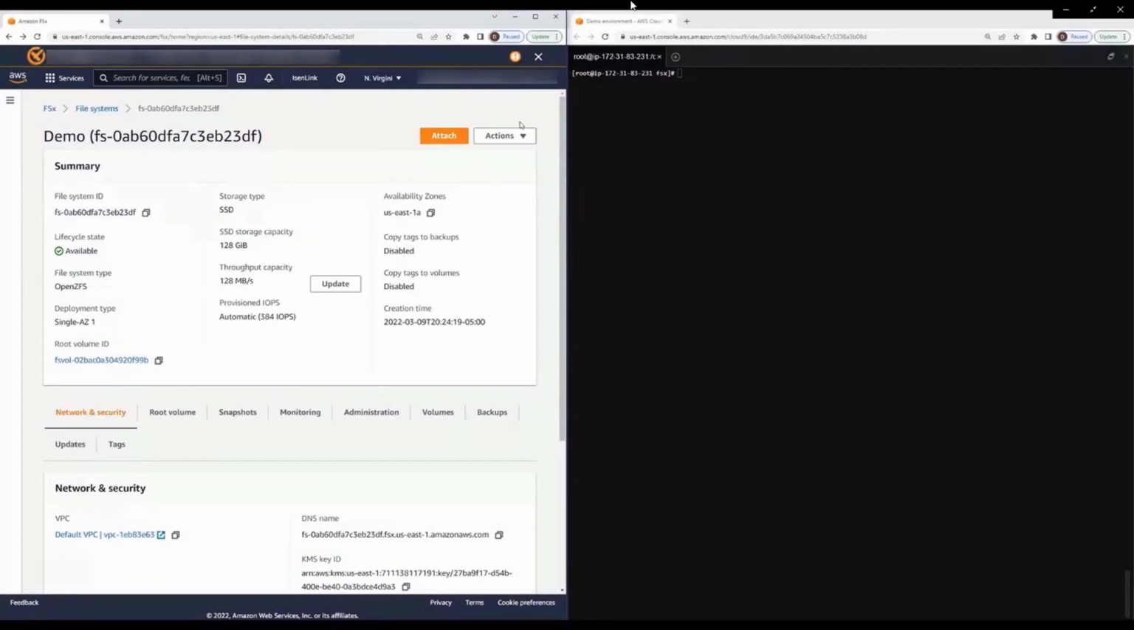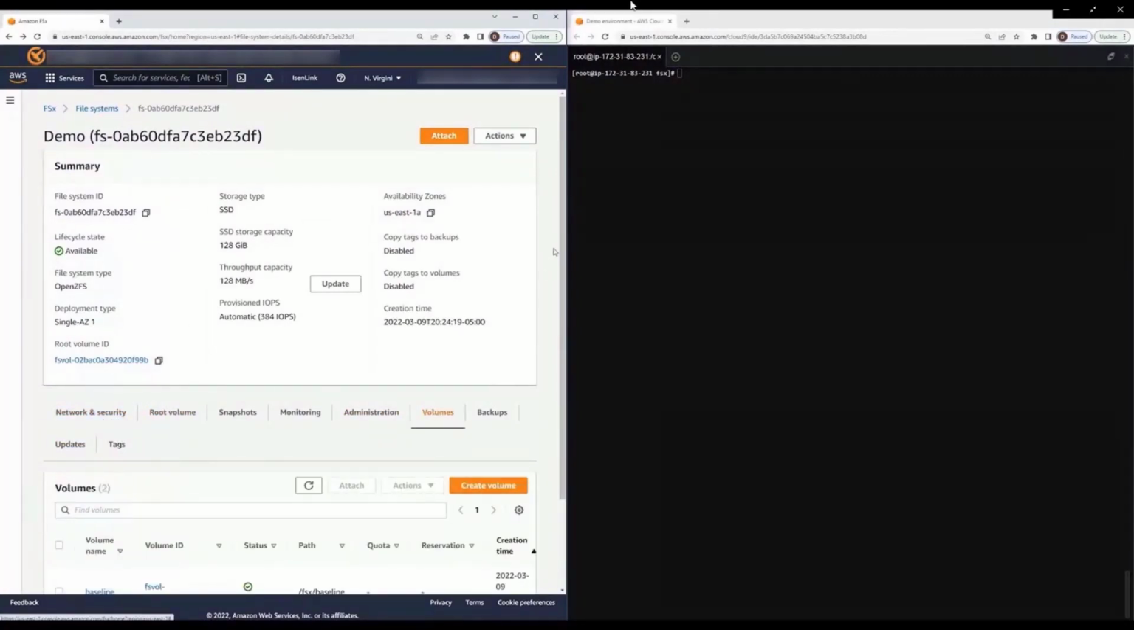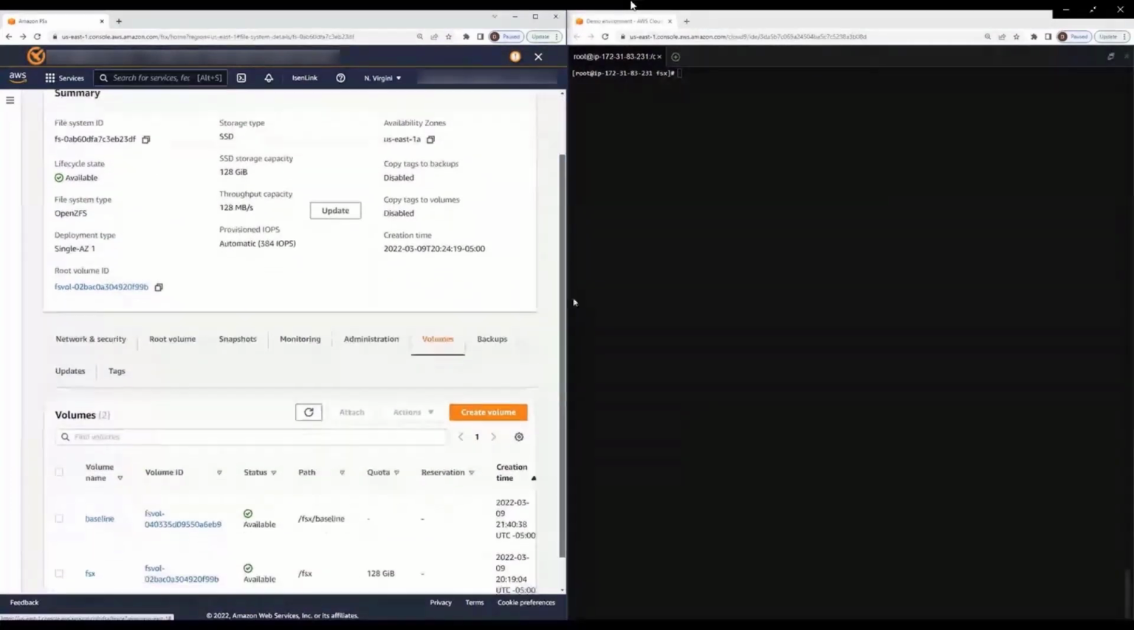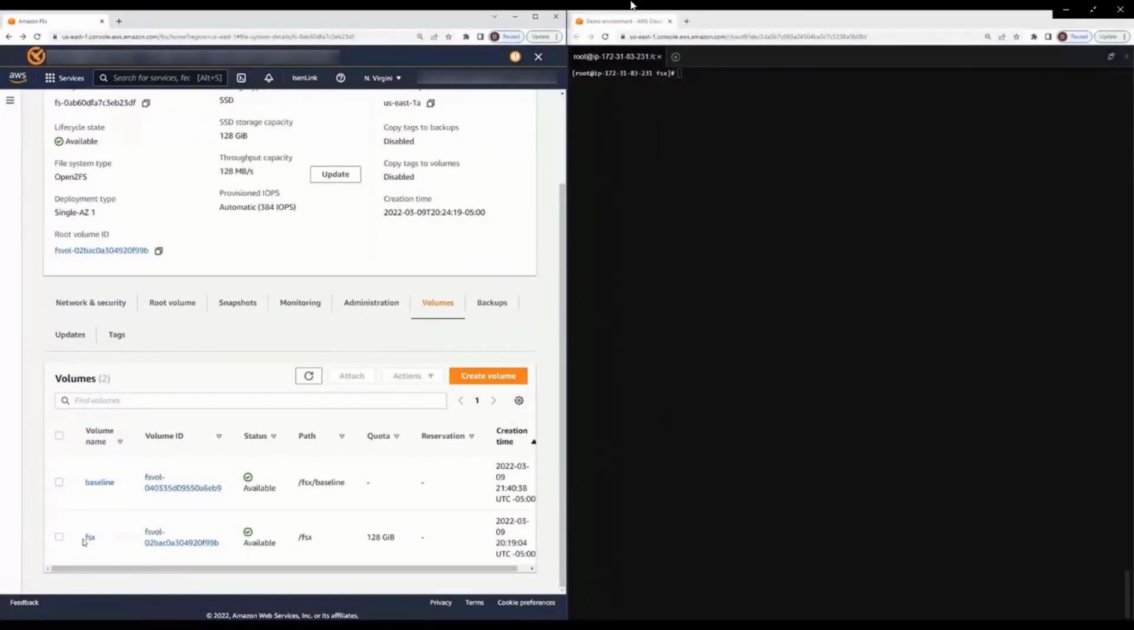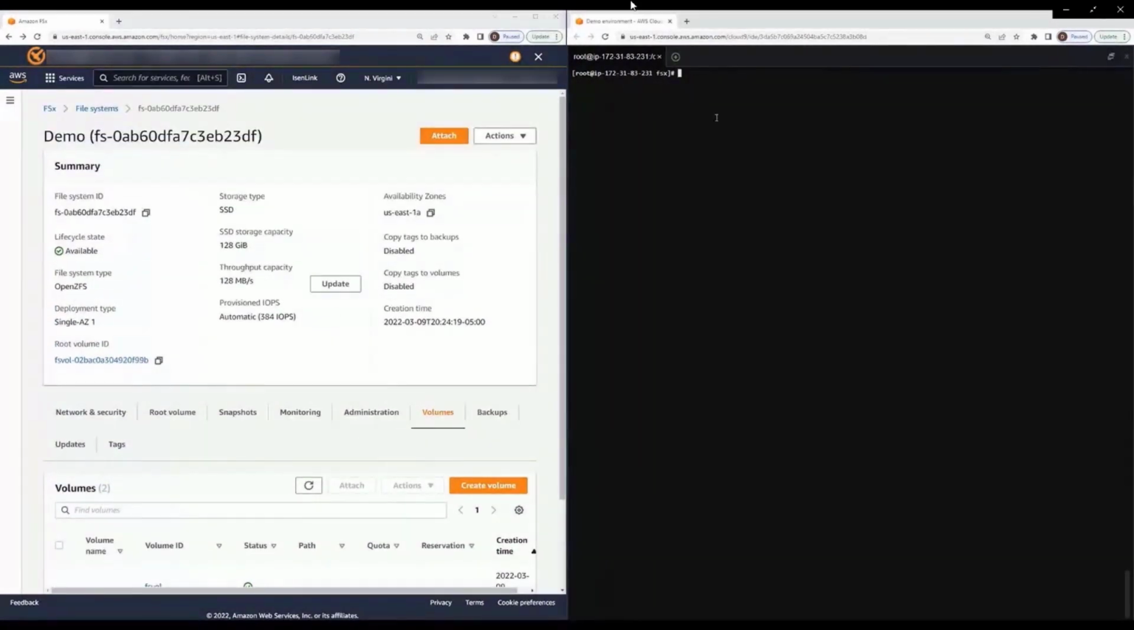So next, I'll demonstrate some of the snapshot capabilities that FSx for OpenZFS can offer. On the left, we have the AWS console. You can see I have a file system called demo. And on this file system, we have the root volume that's automatically created, the primary data container that lives on your file system, as well as another volume called baseline that we created within that root volume. And these will really just appear as simple local folders